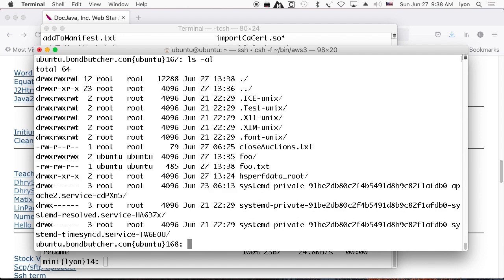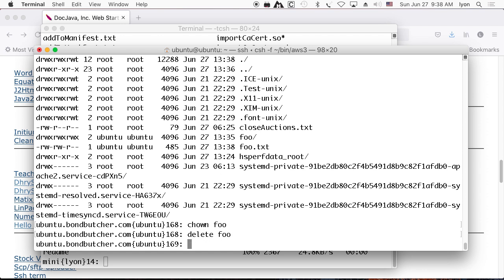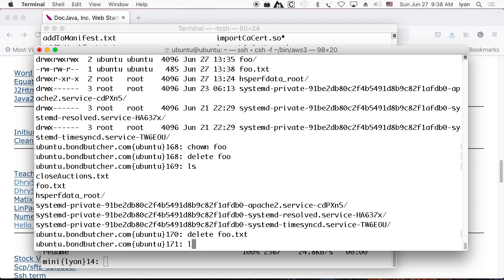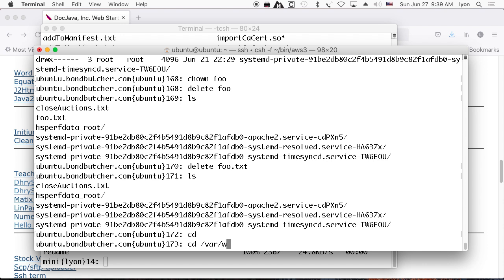So foo is owned by Ubuntu. I have all access rights. It's owned by me. I think I can delete it. Yes, I can. Bizarre. Okay, back to the original question, which was